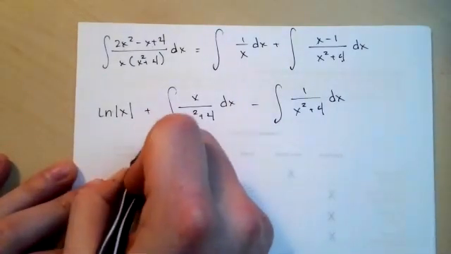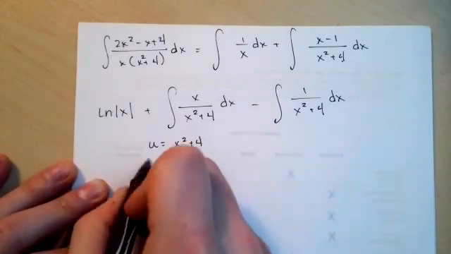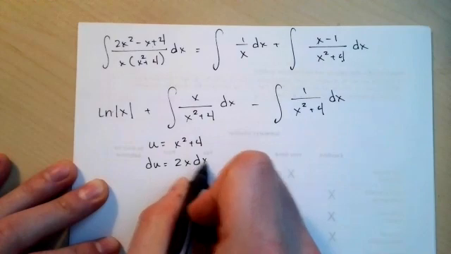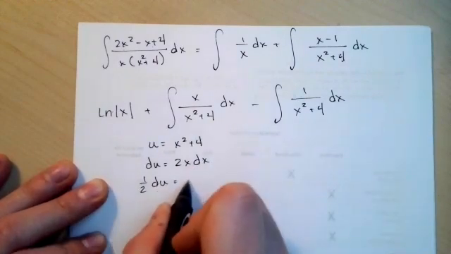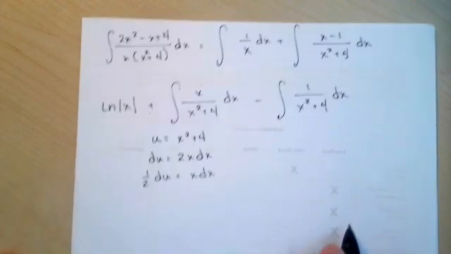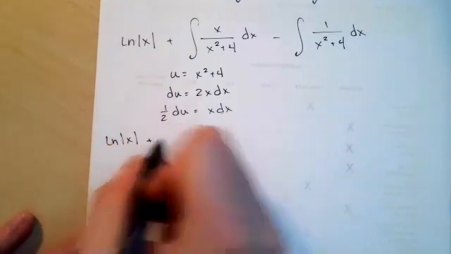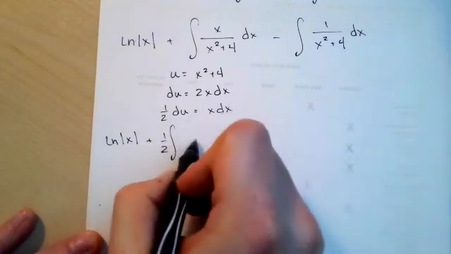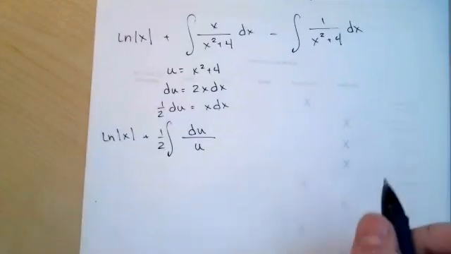And now with this guy, we'll do our u as x squared plus 4. Our du is then 2x dx. And so our 1/2 du is x dx. So we've got natural log of x plus the integral of 1/2 du over u, or 1 over u du,